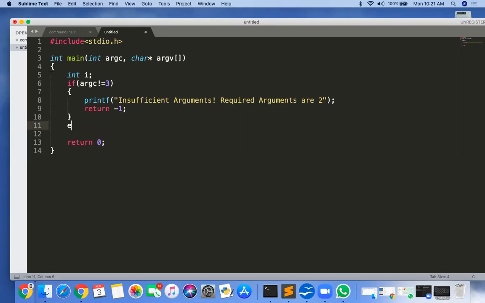Or you can even check it: if argc is equal to 3, it means that you are receiving 2 arguments. If you receive 2 arguments, suppose the first argument is my first name and the second argument is my surname.